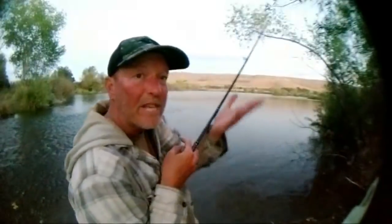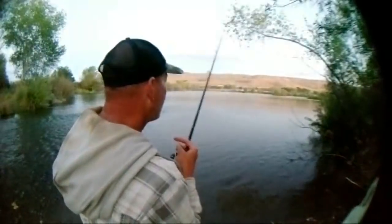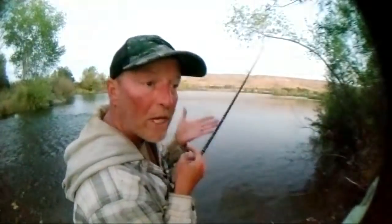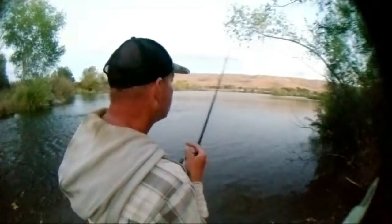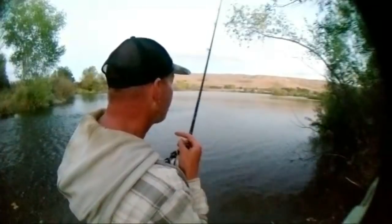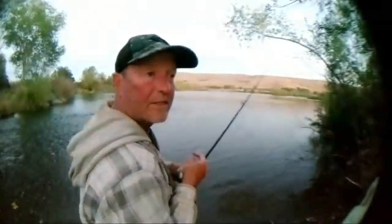I think it was that one. That jig was the deal. It's a magic craw. They wanted the magic craw. I have that other jig still, but